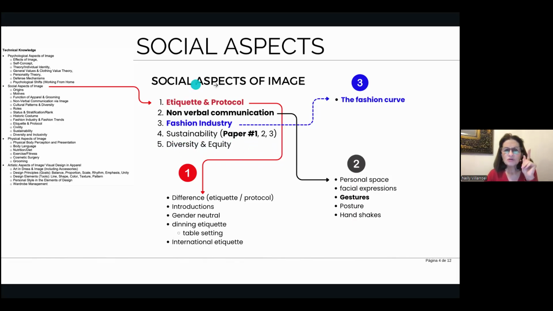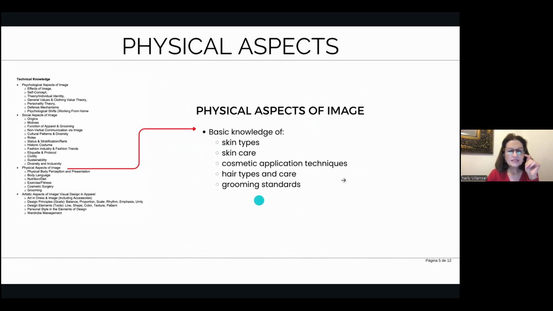This is about social aspects of image. Then, physical aspects of image. Basic knowledge of this is very, very easy. Skin types, skincare, but global, not in detail. Cosmetic application, hair types and care, grooming standards. And the last point is